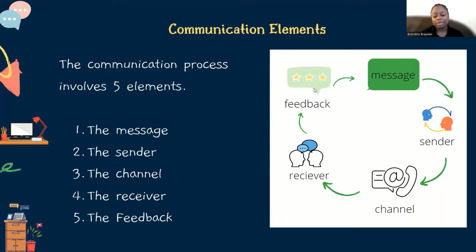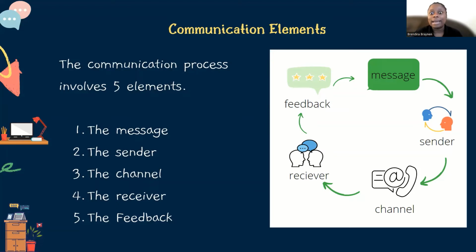So before I move forward, let's think about a particular piece of communication that an office can have. Maybe an office is having a sale and they want to communicate to you as their customer that there's a sale. And so we already know what the message is going to be. The message is going to be, hey, there's a sale. I want you to come and buy some things while we have a sale. I am going to be the sender at the business.